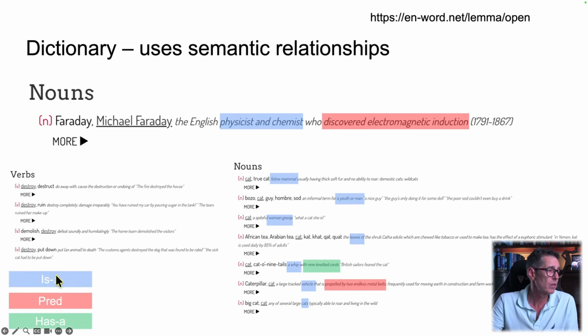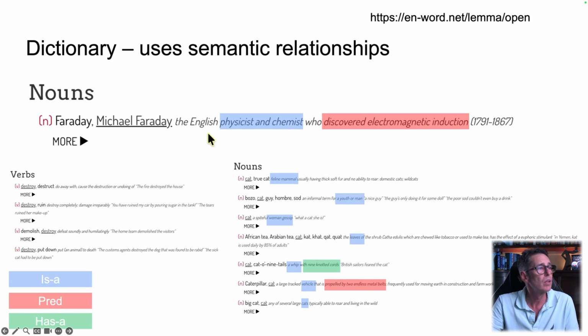Now, so that was the is-a relation. We've also got the green has-a relation. So we have things and reference, and these things can then have properties. And in this case, a cat of nine tails has nine knotted cords. So it's the holonym connecting to its component parts or its meronyms. And so that's also some useful information to get when we're talking to someone. We can just use one word and we know what that word has and what that word is, what categories it belongs to, in order to understand a lot about it. And finally, we have this red or orange color. It's a predicate.